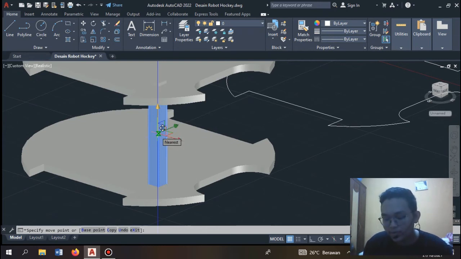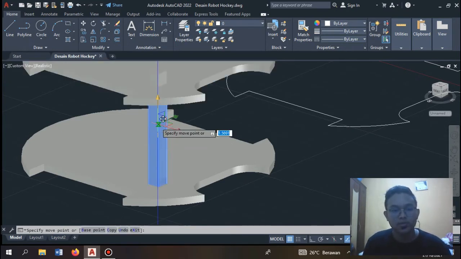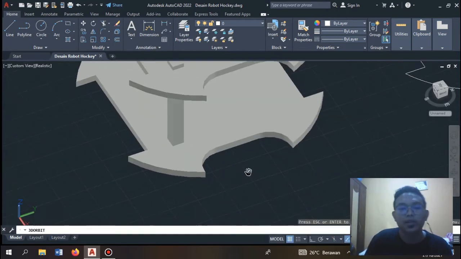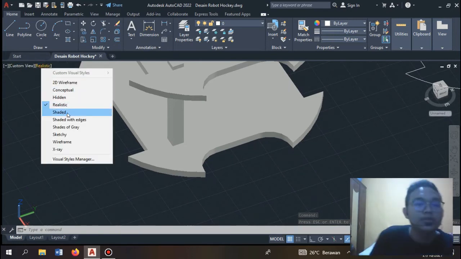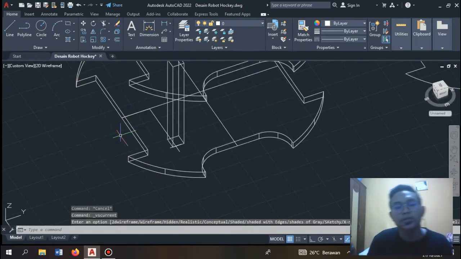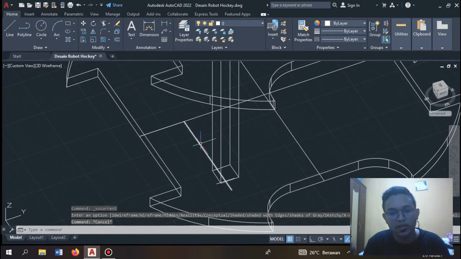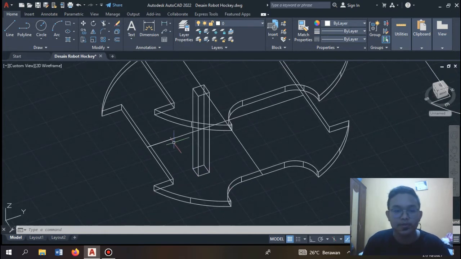and we have to change the height to 1, actually 0.5, and then we choose the 2D wireframe and delete the helper line, and then